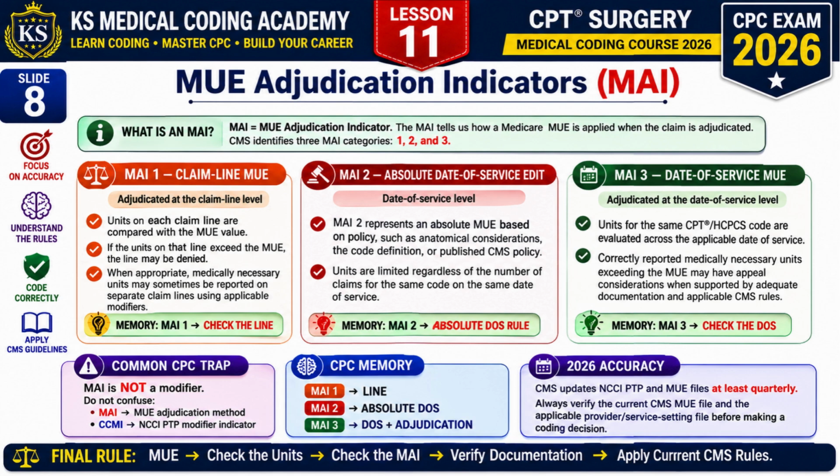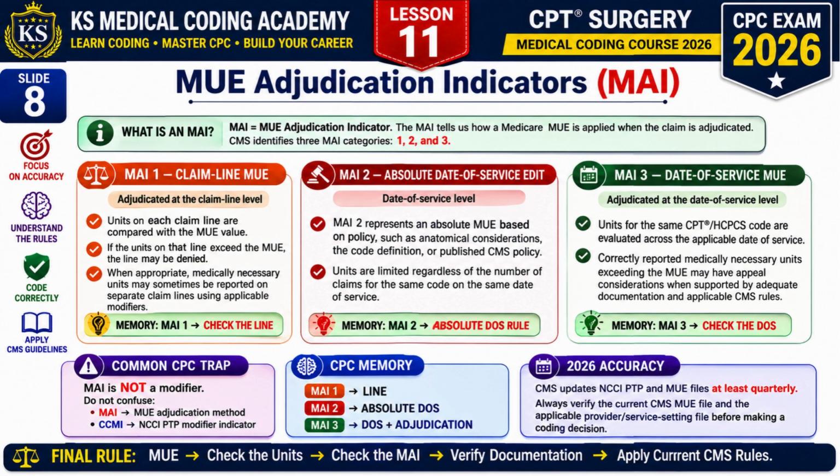And here is an important trap: MUE is not a modifier. Do not confuse MUE with the CCMI, which is the NCCI PTP modifier indicator. Finally, NCCI files are updated periodically, so always verify the current MUE file and applicable service setting guidance. Your final workflow is: MUE, right pointing arrow, check the units, right pointing arrow, check the MUE, right pointing arrow, verify documentation, right pointing arrow, apply current